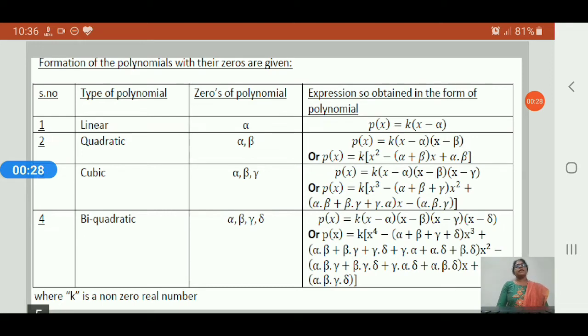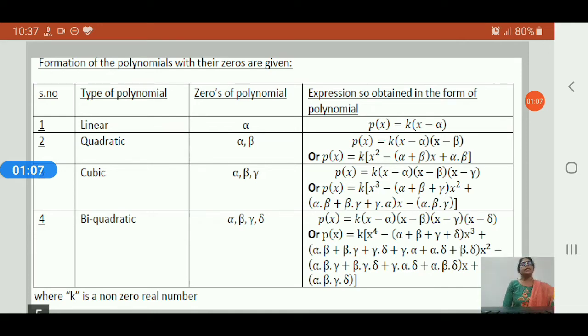Just like a quadratic equation, we can assume that x equal to alpha is a root, x equal to beta is another root, and x equal to gamma is a third root. Hence we can write the polynomial as k into x minus alpha into x minus beta into x minus gamma. By expansion we get p of x equal to k into x cube minus alpha plus beta plus gamma into x square plus alpha beta plus beta gamma plus alpha gamma into x